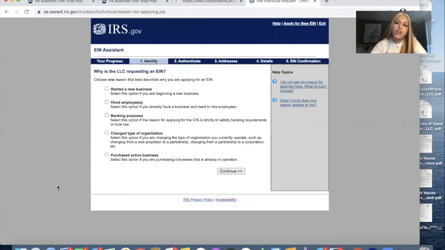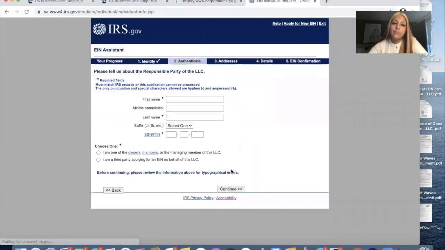But right here, we're just starting a new business. So we're just gonna say we're starting a new business, so we want an EIN number. Okay, now it's saying basically you have to put your basic information. It's that easy. So just put your basic information: first, middle, last name, social security number or ITIN number, and